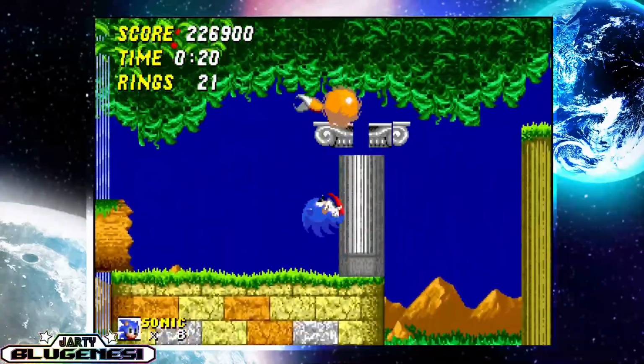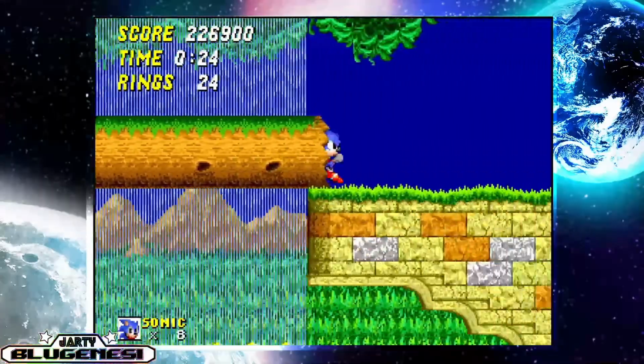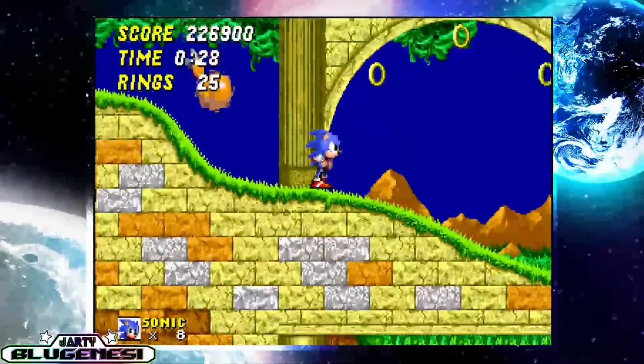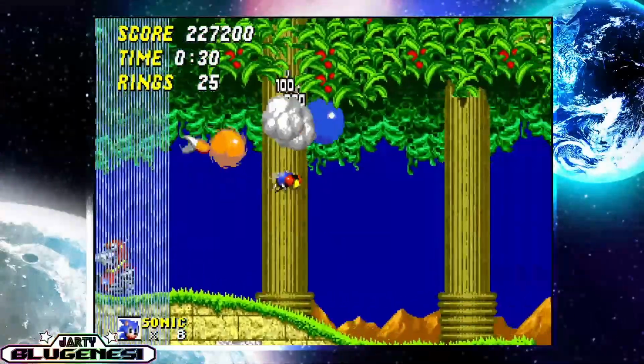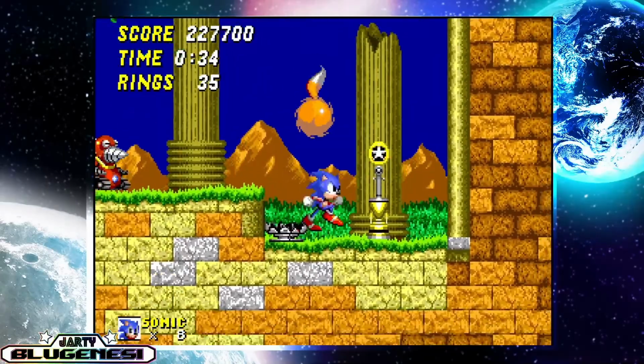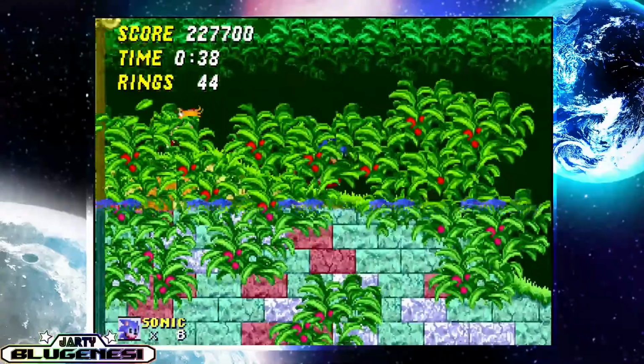So, if you don't know, actually this zone was originally called Neo Green Hill in the prototypes, until it got its real name, Aquatic Ruin. The interesting thing to me, though, the reason I always remember that, is because in Sonic Advance, the first stage in that game, which is like an Emerald Coast type area, it's a beach with,